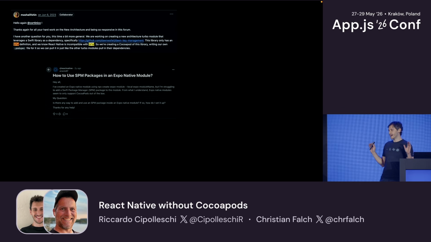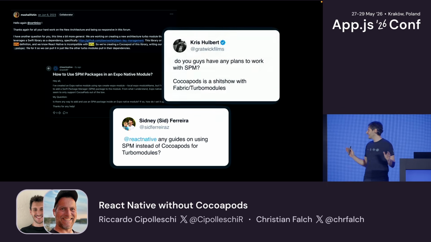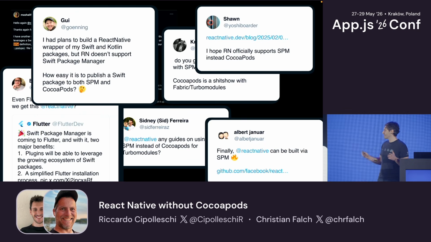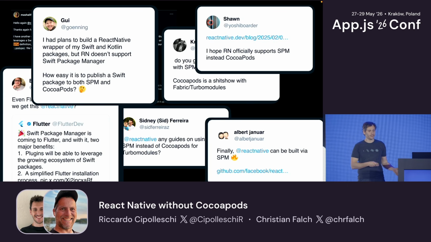Let me start by saying that we heard you, okay? We know that you want to use Swift Package Manager. I mean, Flutter is already using Swift Package Manager instead of CocoaPods. So why is it taking so long for React Native to adopt this new technology, and why are we still